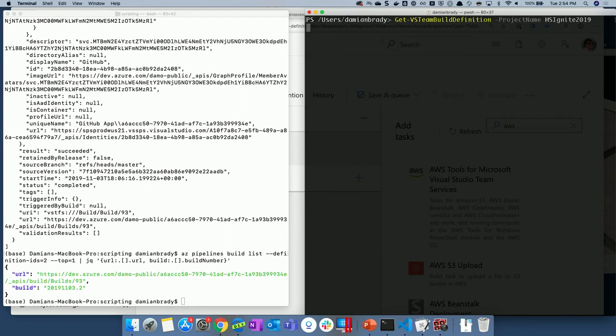So you can use VS Team, which was originally written by my boss, actually skip level now, Donovan Brown. And this is a pure PowerShell module that you can use to talk to Azure DevOps as well, if you want to do that. And I'm running this on a Mac because PowerShell is now core, which is great. So there's those things. That's great.